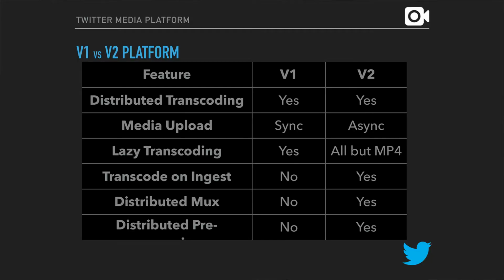So what are the implications of that? Distributed transcoding, we're still able to do it when we can, and we wanted to. That actually is faster, so we were able to retain the ability in V2. But media upload had to change because, first of all, we can't do the lazy transcoding of a 10-minute file on the lazy path, because lazy path actually implies somebody's trying to watch the video, and for that first person who has that CDN cache miss that's talking to origin for the first time, that transcode has to be really fast. So with the 30-second architecture, most of the time we're able to do that in 2 or 3 seconds, and our P99 is more like 5-6 seconds, but that's still short.